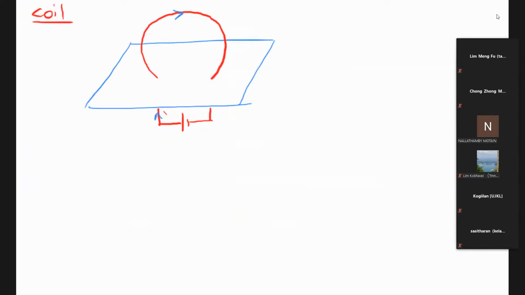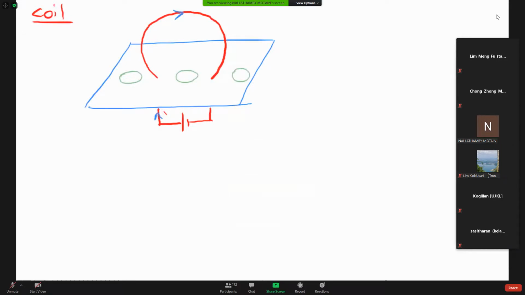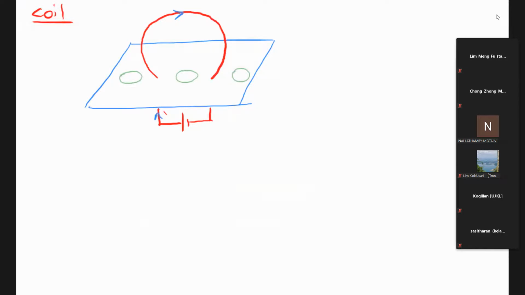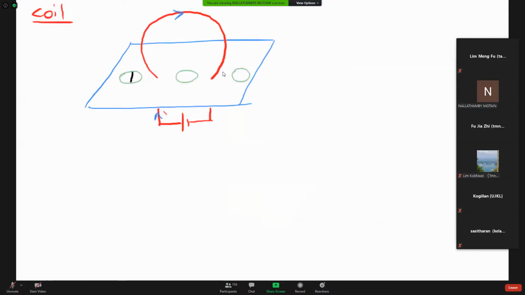So how about the direction of deflection of the compasses over here? Let's say here one compass, here one compass, here one more. So how to identify? We use the same rule, the right hand grip rule. Before that, look at the left hand side. On the left hand side, current is flowing upward. So we have to put,